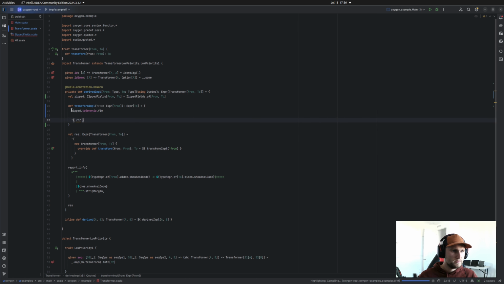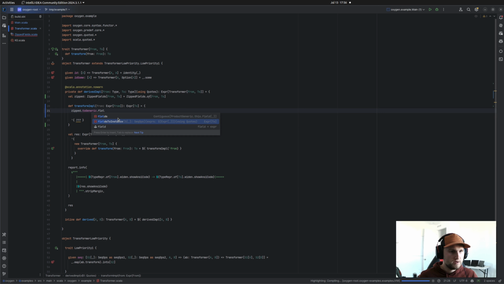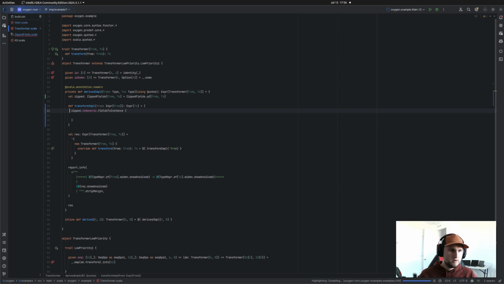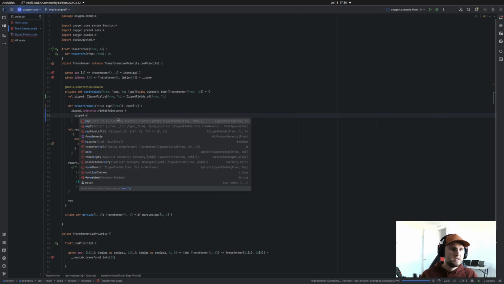What are we going to do? I guess let's just go for it. All right, so here we need to create just a bunch of expressions, right? And so if we do our zips.map2,